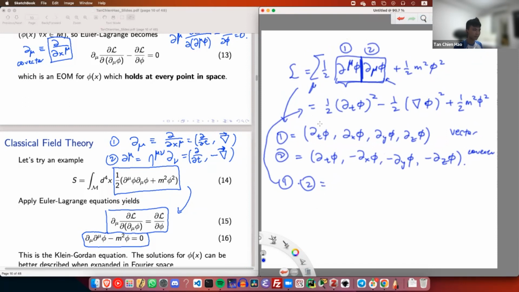Okay, so continuing. So if I take the partial derivative